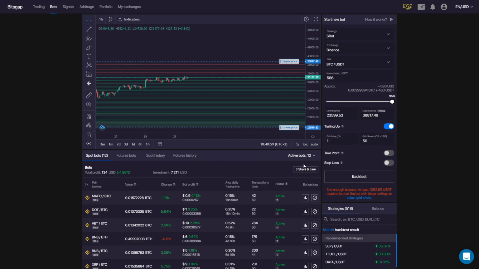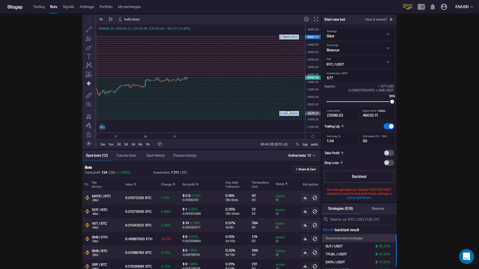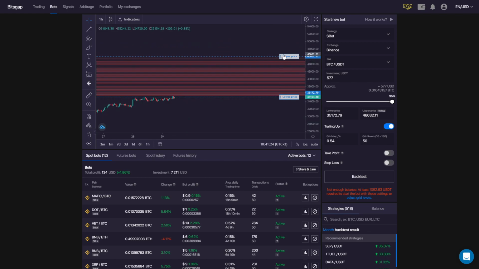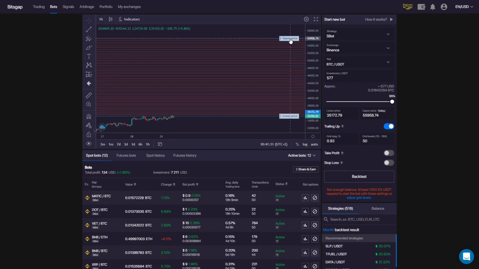My grid steps are wider, so trades take a little bit longer. But let's say we have a similar scenario where the market turns and it comes out at the bottom. What do I do? Here I won't use my current profits or current setup. Here I'll be adding more funds.